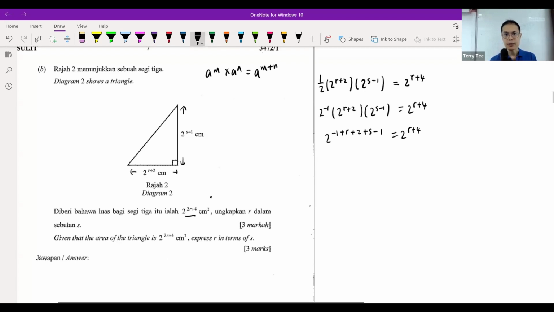So when you add this together, you can see this one you can add together. This will give us 2 power r plus s. And what happened to the minus 1 and minus 1? These 3 we can add together. Minus 1 plus 2 is 1. 1 minus 1 is 0, so nothing left. Left with r plus s. And on my right-hand side, we have 2 power r plus 4. By comparing the power, since we have the same base, the powers must be the same, right? r plus s must equal to